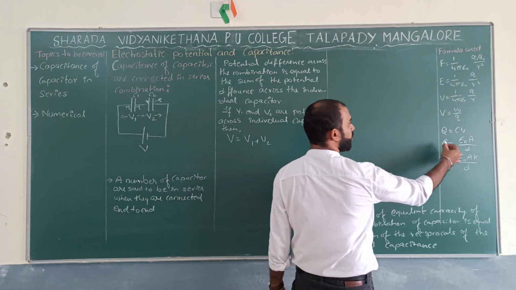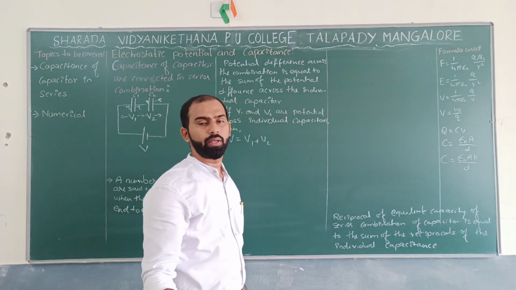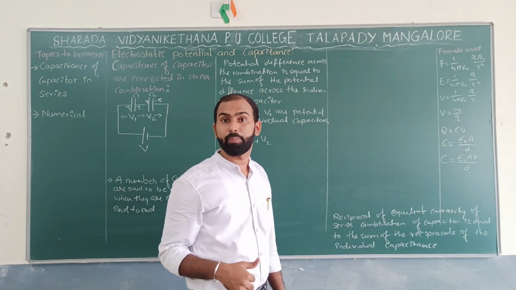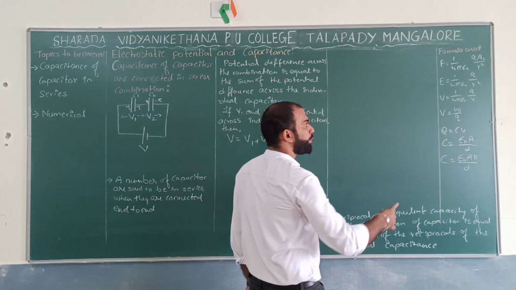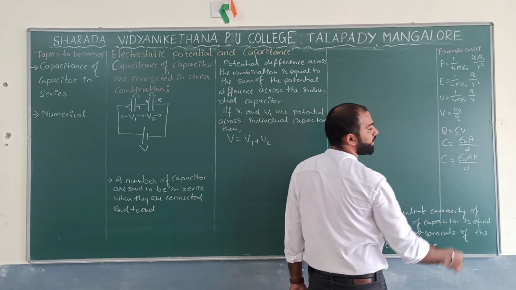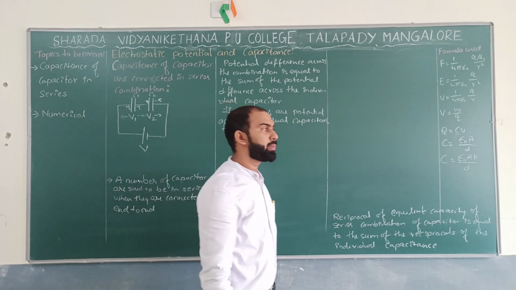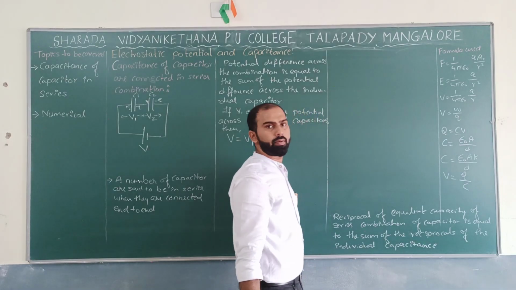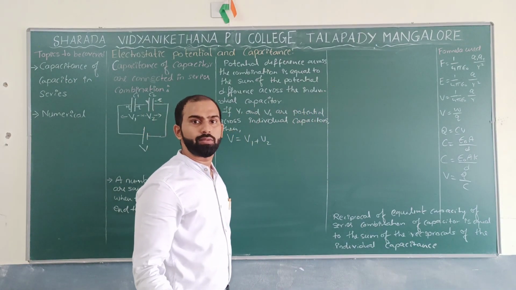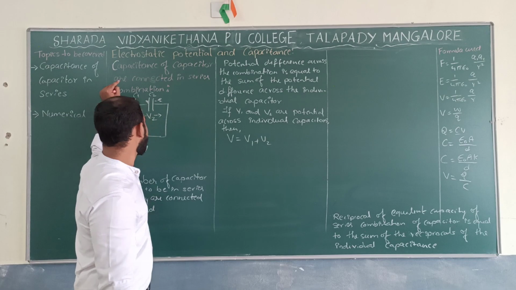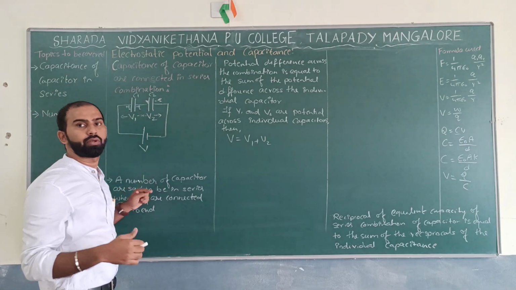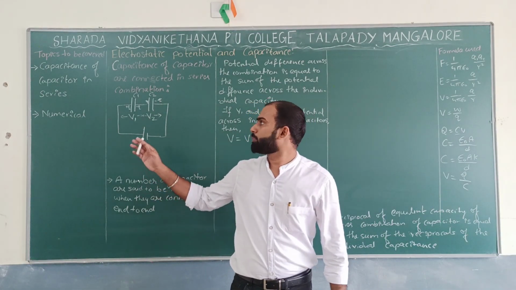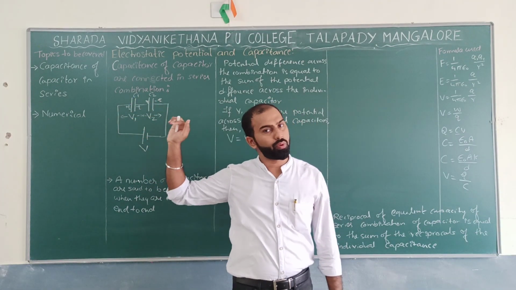Now, we know V. What is the basic formula we discussed in the first class on capacitors? That is Q equal to CV. But we can write it with respect to V: V equals Q by C. Q is the charge here. What is the charge for the time being? The charge is Q. And C: how many capacitors do we have? There is C1 and C2.